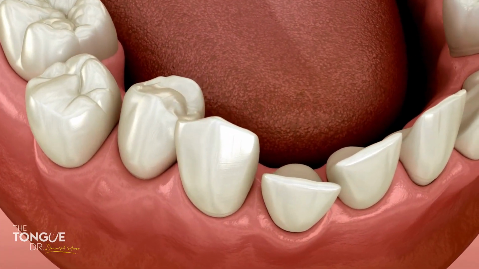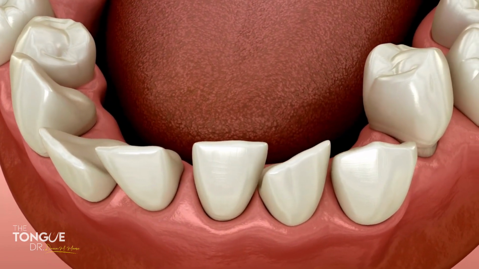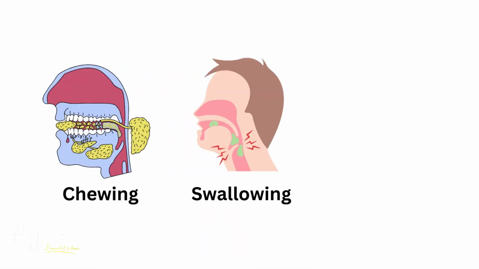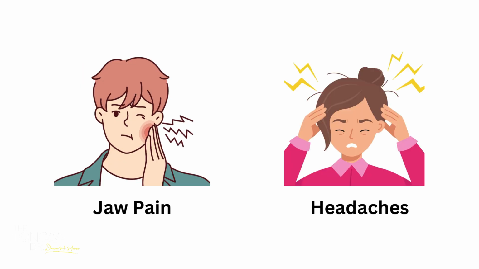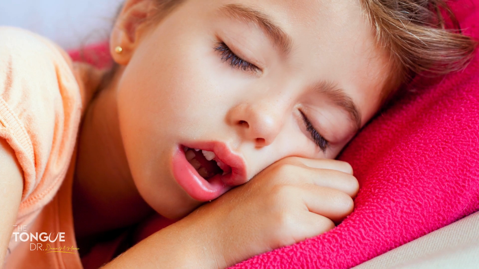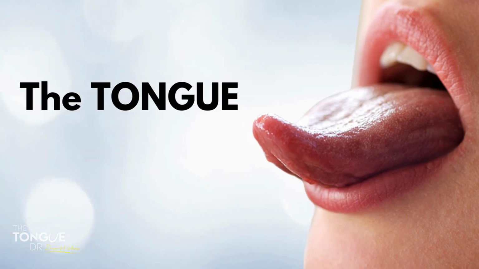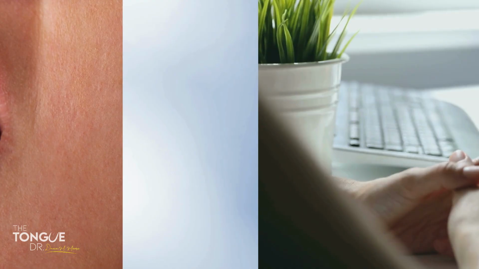The tongue resting on the teeth or floor of the mouth is one of the major causes of problems in tooth eruption, tooth alignment, and facial development, in addition to problems with chewing, swallowing, digestion, jaw pain, and headaches. Most of the damage from the tongue resting low or on the teeth happens at night, when the tongue presses against the teeth for long periods of time. The tongue, like controlled forces of braces, can move the teeth, and it's a very powerful muscle.